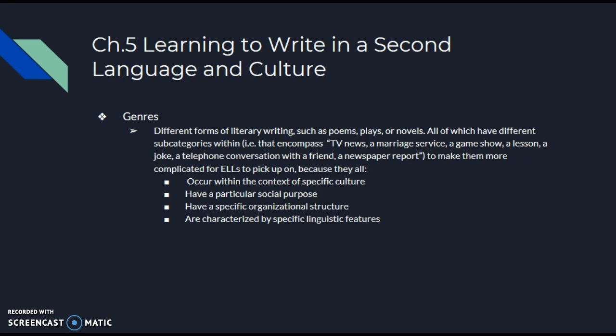Furthermore, we have genres, which are different forms of writing such as poems, plays, or novels, all of which have different subcategories within, that encompass a TV news, a service, a game show, a lesson, a joke, a telephone conversation with a friend, a newspaper report, etc., which makes them even more complicated for ELs to pick up on because they all occur within specific contexts of specific cultures, have a particular social purpose, have a specific organizational structure, and are characterized by specific